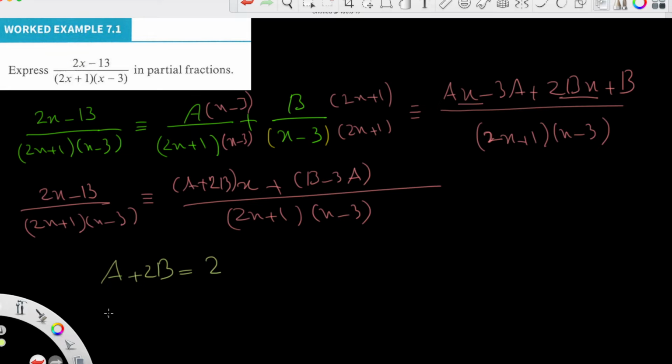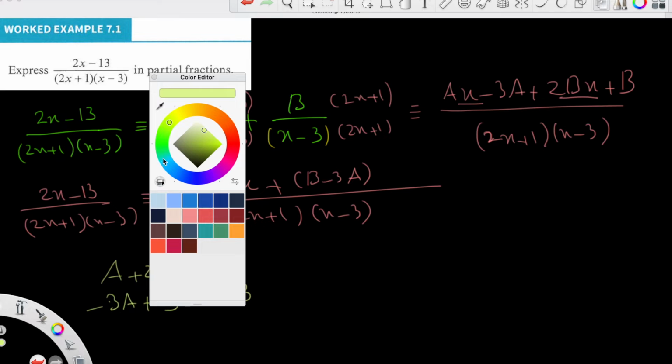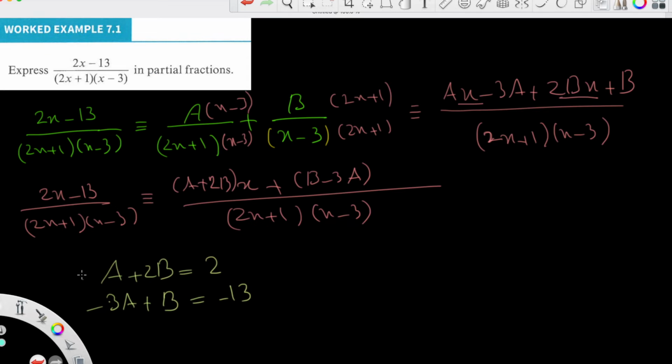The constant term is B - 3A. Let me write -3A + B is equal to -13. Now you have a pair of simultaneous equations. I can make, for example, A the subject here. A will be 2 - 2B, replacing in the second one, so it will become